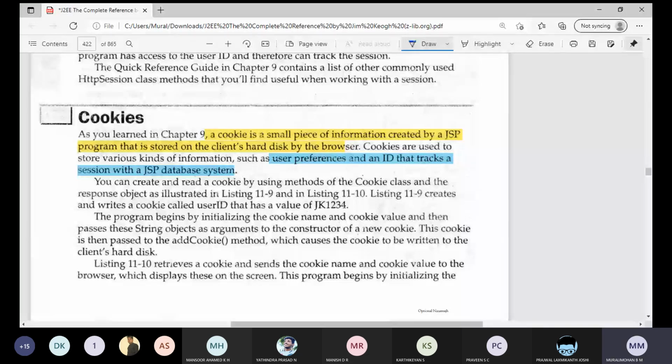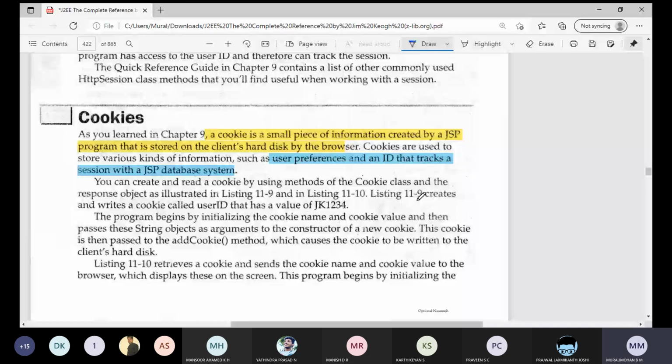The information stored inside cookies is user preferences and an ID of the user, as well as session tracking. The ID can be used for session tracking along with the system info.